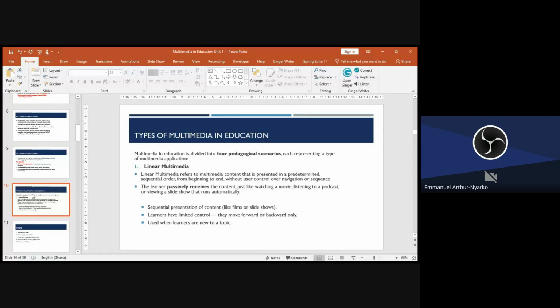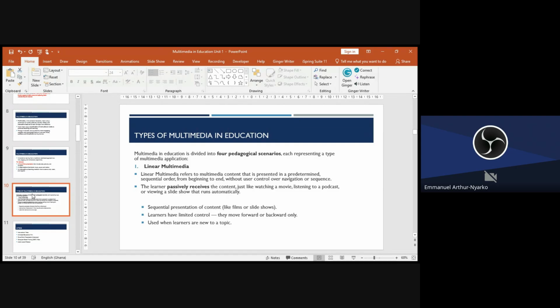The first type is linear multimedia. Linear multimedia refers to multimedia content that is presented in a predetermined and sequential order.